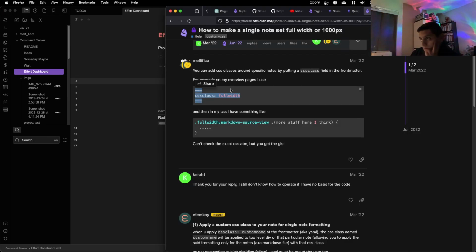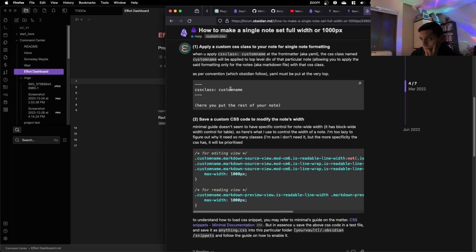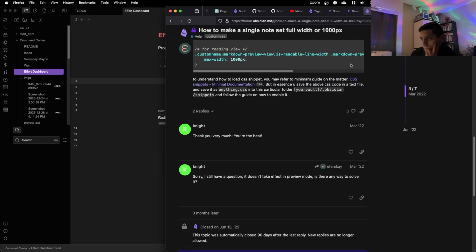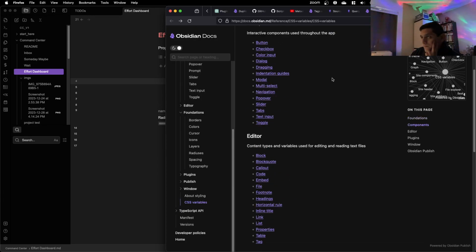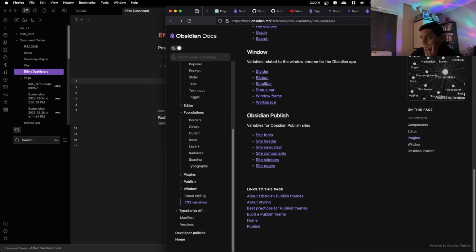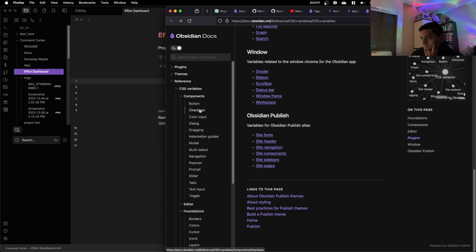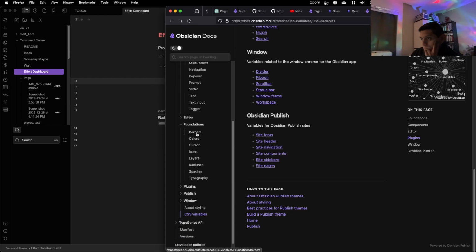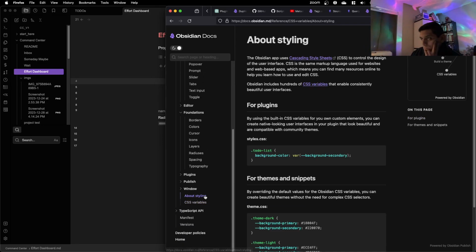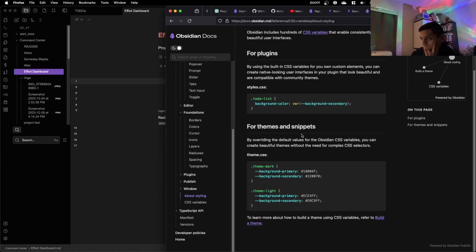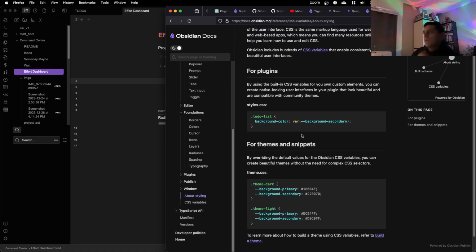Full width. You can create, by overwriting default values, you can create themes.